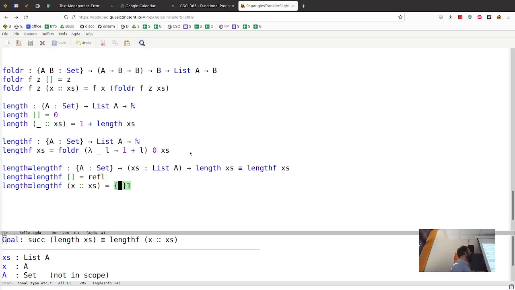But we can look at this and say, wait a minute, length F applied to x cons xs, that's fold R applied to x cons xs, and fold R applied to a cons is definitely going to be able to reduce by definition. Right? If we know that fold R is applied to a cons, we can reduce it to this. So it's going to be, and this is where I wish,